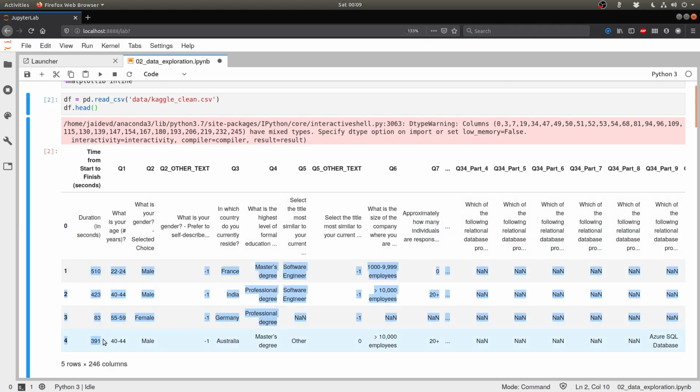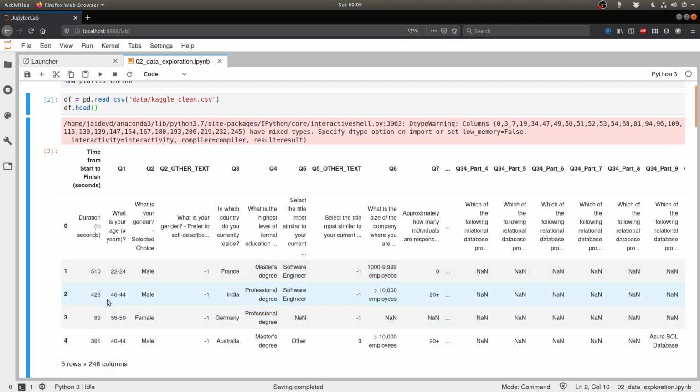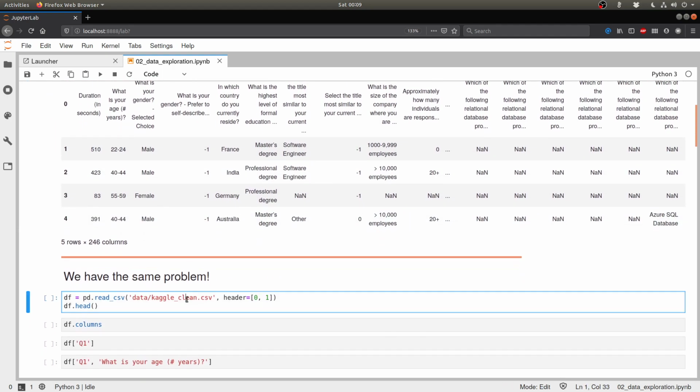If we were to again take the histogram of all the durations in this data set, we'd still run into the same problem where it'll say that it can't compare these values against a particular string. And that is why we essentially have to figure out a way to drop this entire row and see where we can include that data, so that we are only restricted to crunching the data that is present in rows 1 onwards. So let's see what we can do about that.